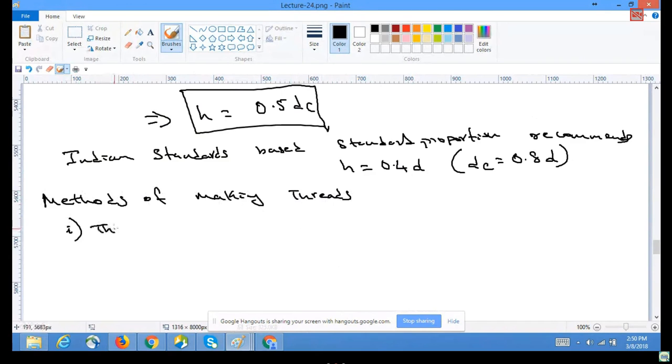One is thread cutting, which is done using automatic machines that cut thread,